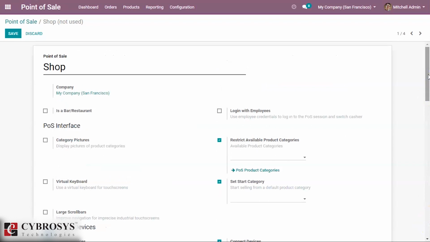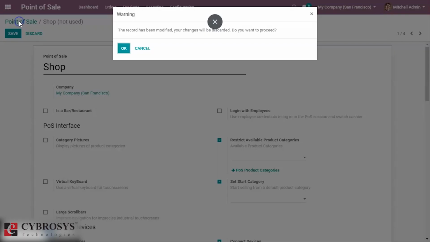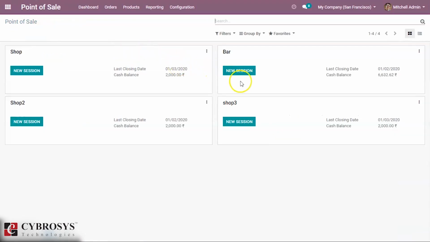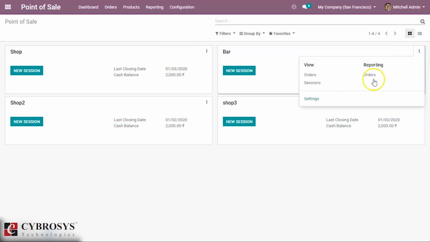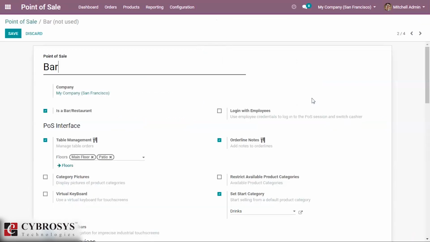It means we are not enabling the option for a bar or restaurant. And we can check for bar. Here we can see the session will be in the alignment of tables, it's in a table arrangement. We can open the session settings. We can see the option is enabled,